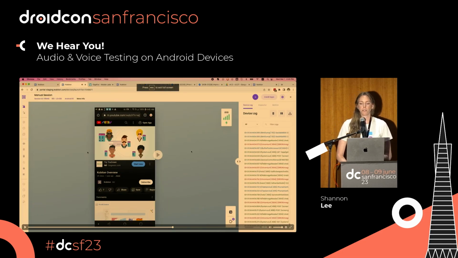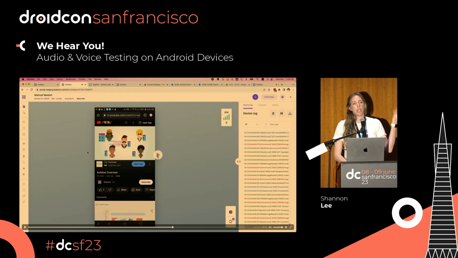So here, demonstrating for you all, this is a manual session on the Kobiton portal. I have launched a Galaxy device here that's running Android 10. A lot of times, device labs don't offer audio support. So here in the manual session, if I just developed and compiled my application with audio input, output, etc., now I want to also verify it from a more manual perspective outside my IDE. I can do just that, launching a Kobiton device.